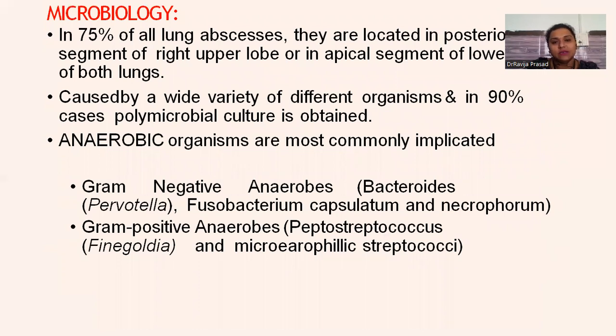Now, microbiology. In the microbiology, 75% of all lung abscesses are located in the superior segment of the lower lobe or in the apical segment of the lower lobe of both lungs, caused by a wide variety of different organisms, and in 90% caused by polymicrobial culture. Anaerobic organisms are most